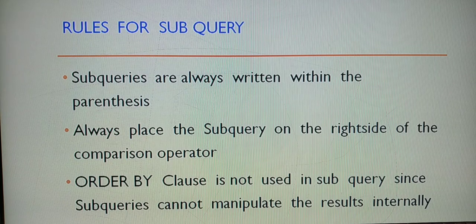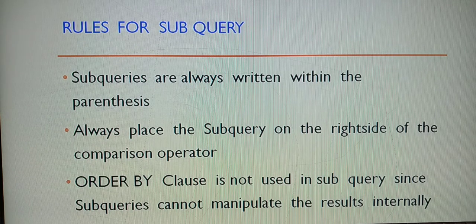The first rule is that subqueries are always written within parentheses. The second is to always place the subquery on the right side of the comparison operator. And the last is that the ORDER BY clause is not used in a subquery.